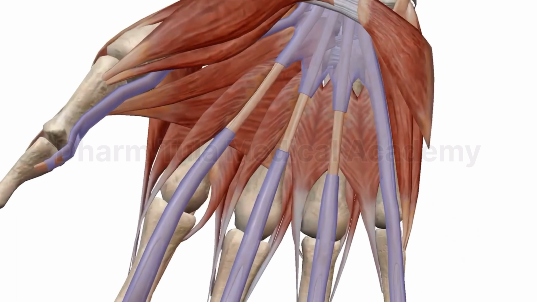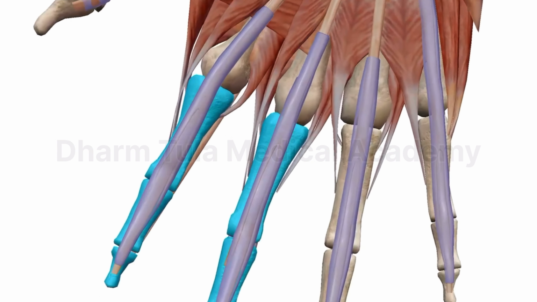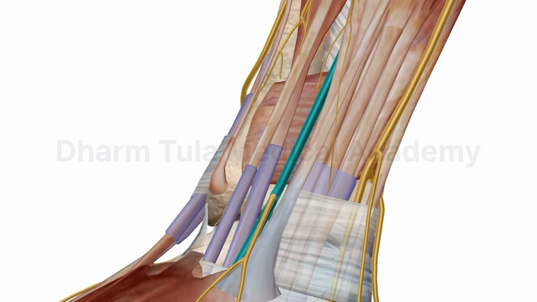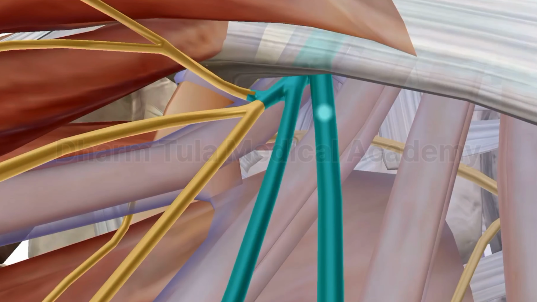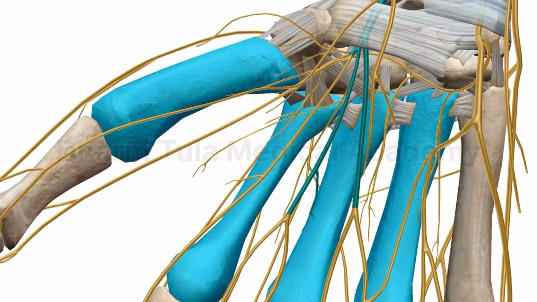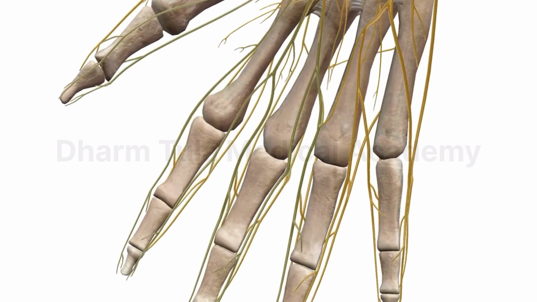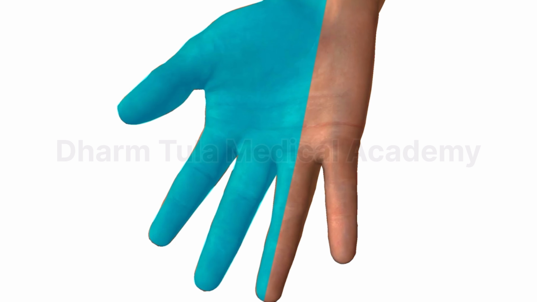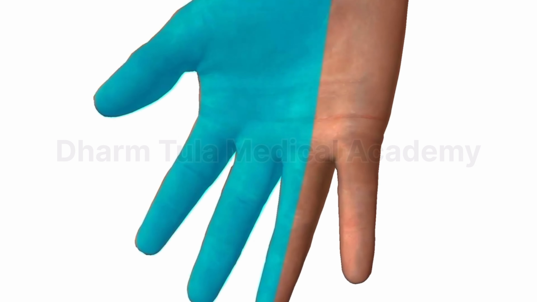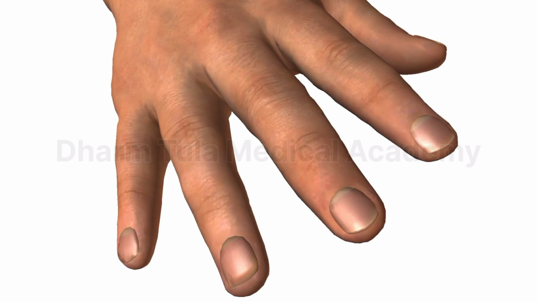It also provides motor branches to the 2 radial lumbricals, those going to digits 2 and 3. The median nerve terminates in 3 common digital branches located in the 3 gaps among the first 4 metacarpal bones. These then split into proper digital branches going to the sides of these digits. Note that only the radial side of digit 4 is included in this pattern. Most of this distribution is on the palmar side of the hand, with some dorsal distribution around the